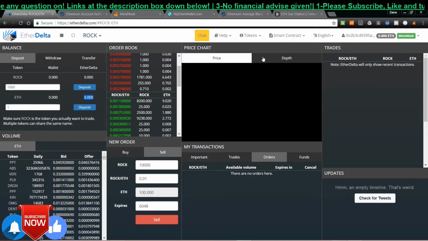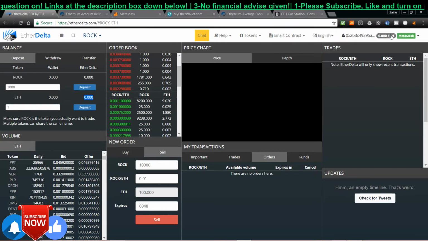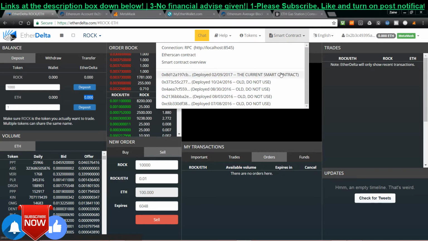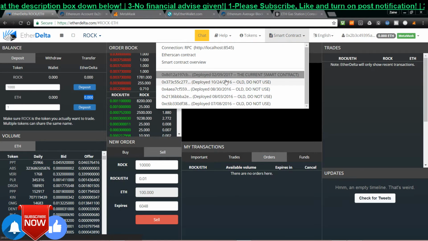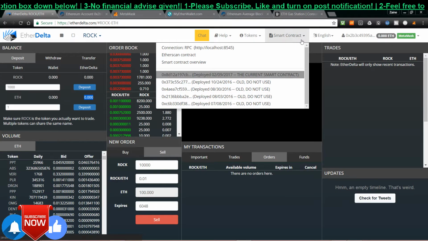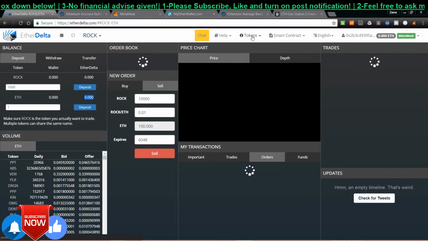And after that, you will see some tabs down here, the smart contract. Click on it, and always use the current smart contract. The old one, never use the old one. So you just click on the new one, and once it's selected like this, just click on it. And after that, for the tokens,